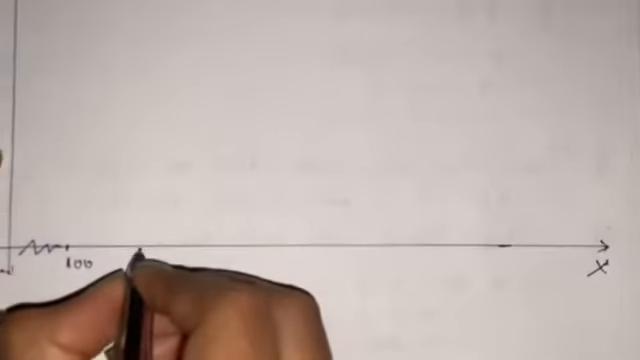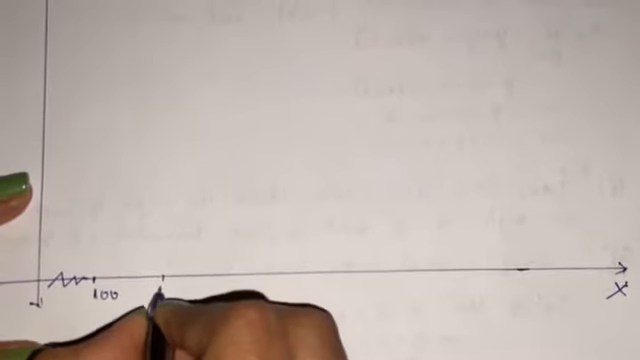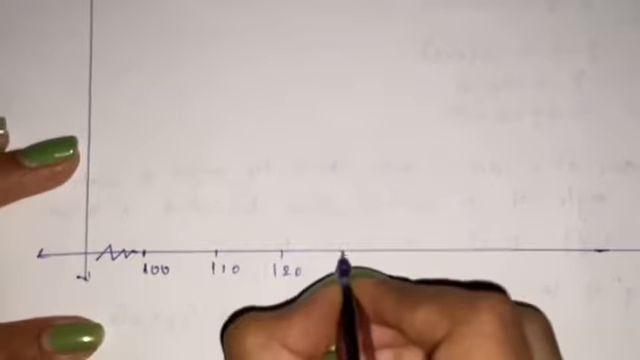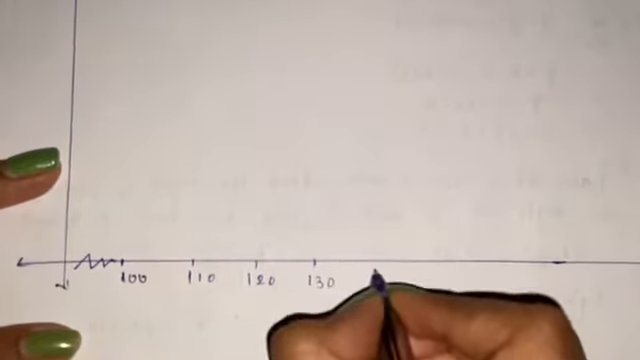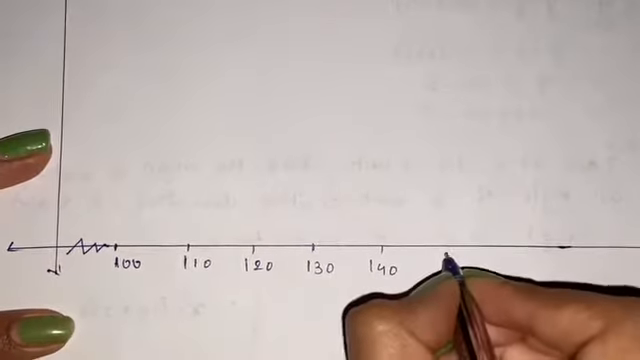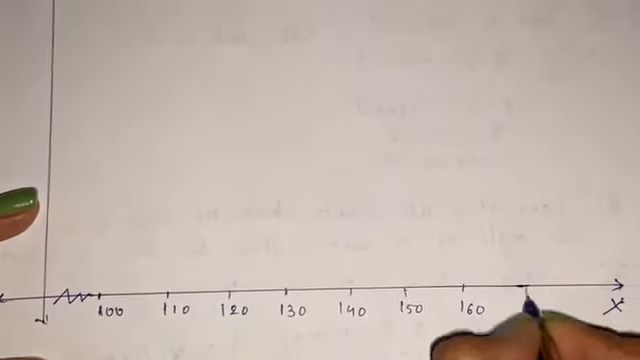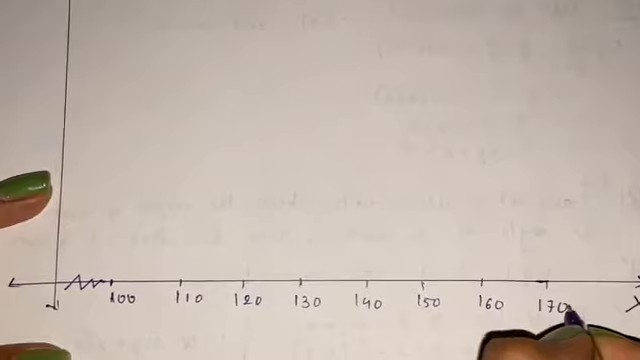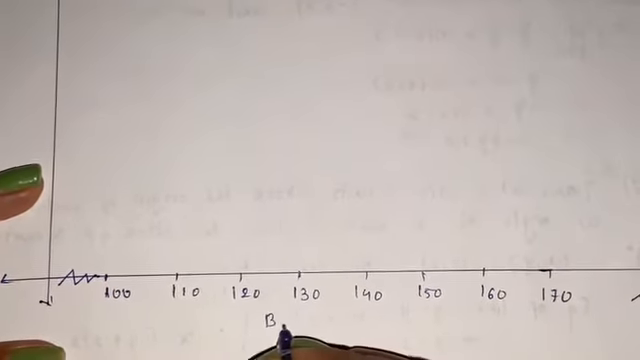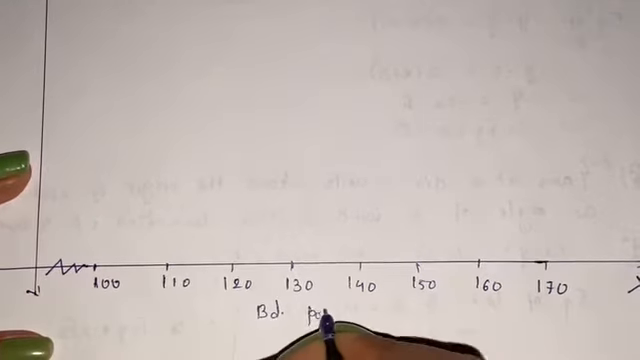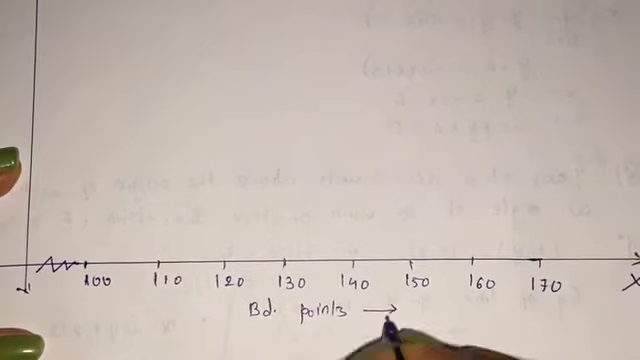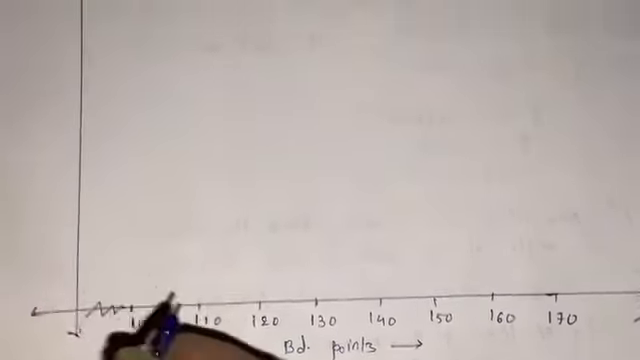Okay, so directly also you can write 100, 110, 120, 130, 140, 150, 160, 170. These are the boundary points, and over here we'll be having